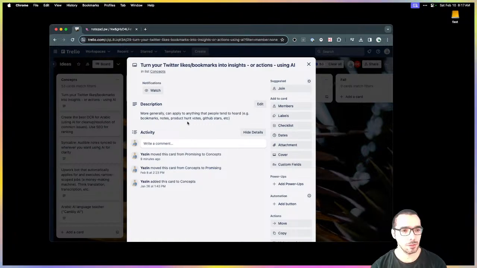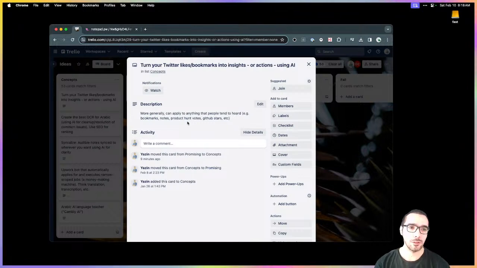But the UI is so clunky, it's almost impossible to go back through them all and make sense of why I bookmarked any particular tweet. So being able to retrieve all of a person's bookmarks, categorize them, and create some sort of insight out of it would be super helpful.